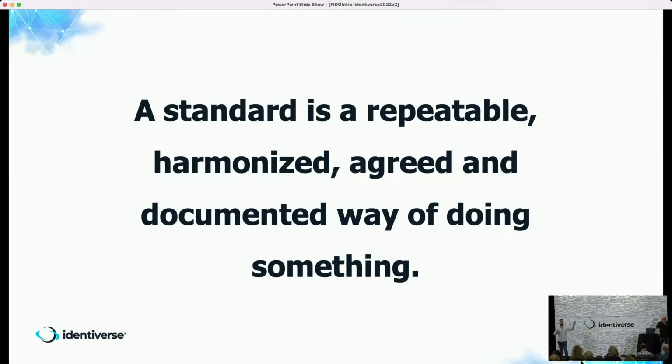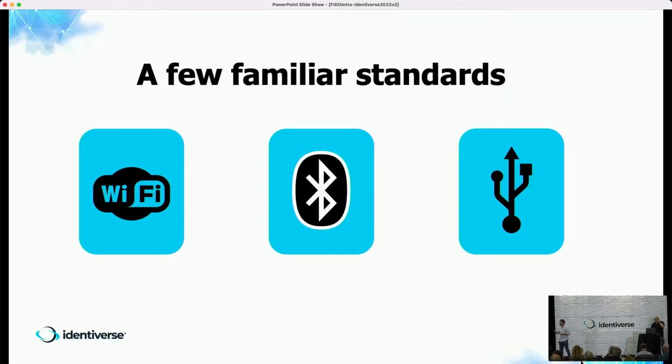And the electricity that came from my hydroelectric dam all the way to the power relay station, all the way to the circuit box in my house, through the walls, to the receptacle, are all standards. And so we deal with standards all the time, analog and digital. In our digital life, there are a few familiar standards: Wi-Fi, Bluetooth, USB. Can you imagine the chaos that would happen if these didn't exist?